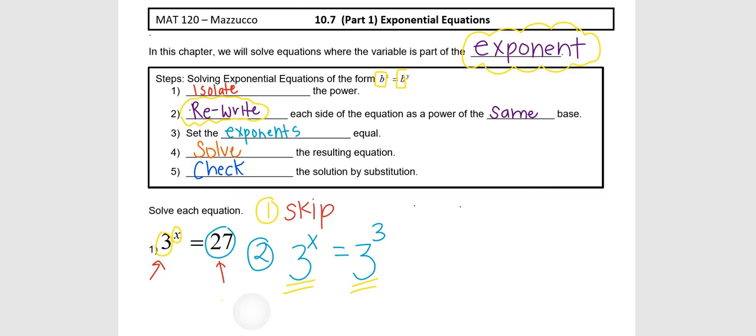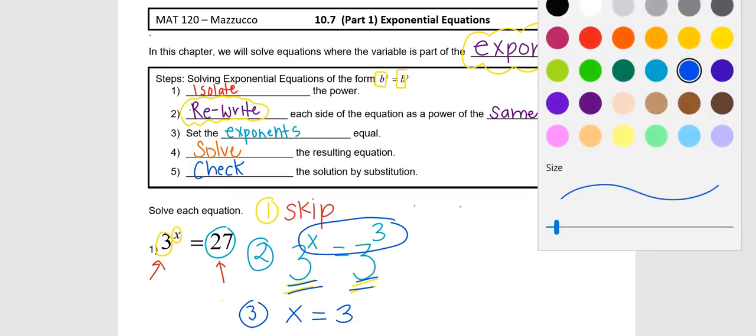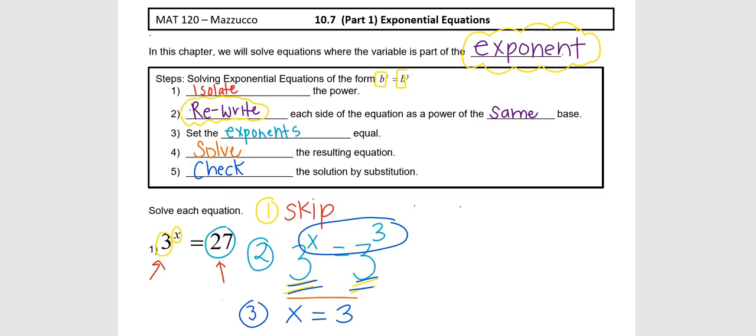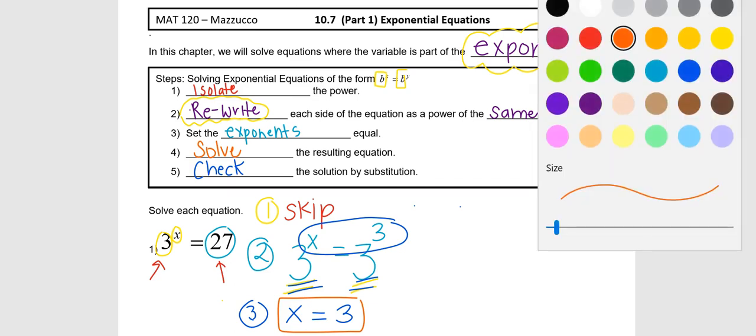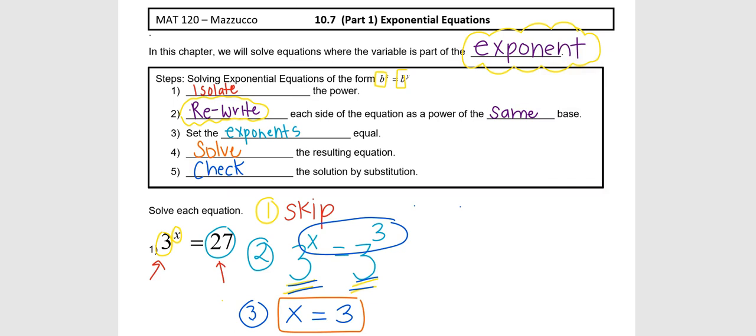Step three is once they have the same base, set the exponents equal. And then step four is to solve. Well, this one was a little bit easier. It already has x by itself. So that is our answer, x equals 3. So I'm starting off easier, and then each problem will get a little bit harder. So this is more of a basic